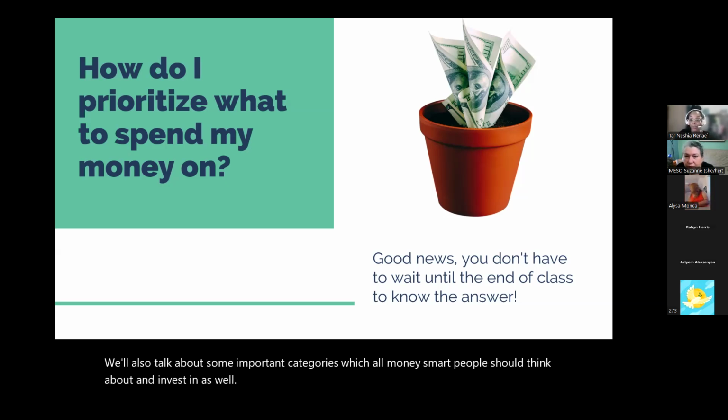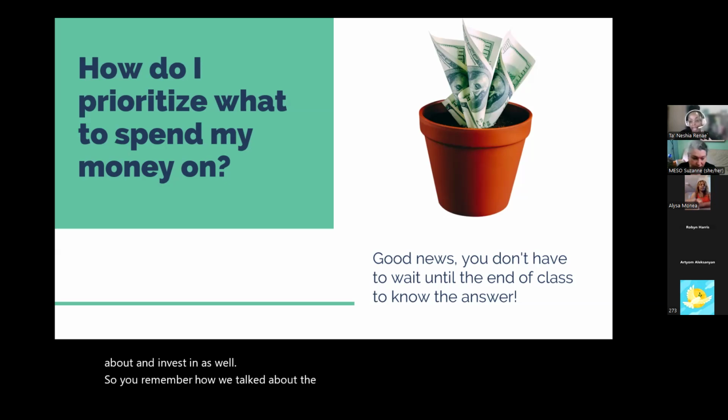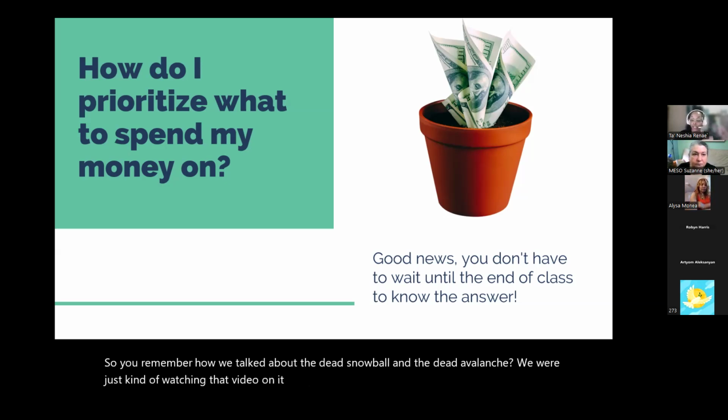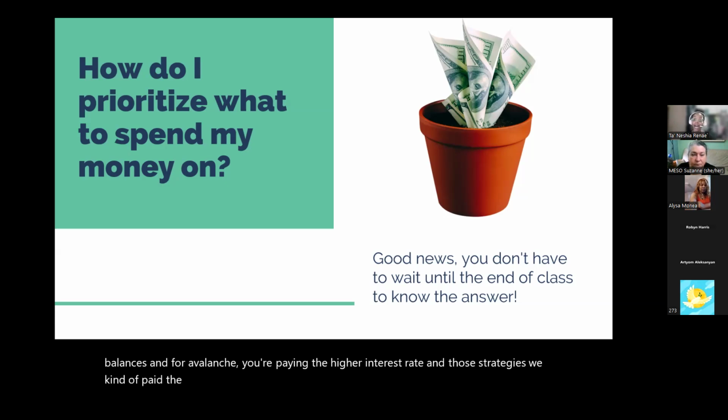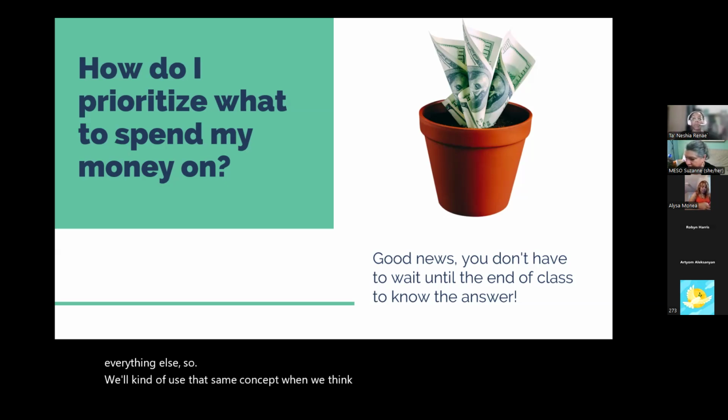So you remember how we talked about the debt snowball and the debt avalanche? We just watched that video on it. For the snowball, you're paying your smaller balances, and for the avalanche, you're paying the higher interest rate. In those strategies, we paid the minimum on everything else and put extra toward the highest priority. So we'll use that same concept when we think about how we pay into our